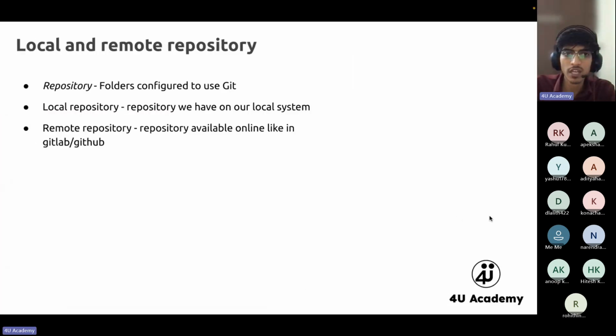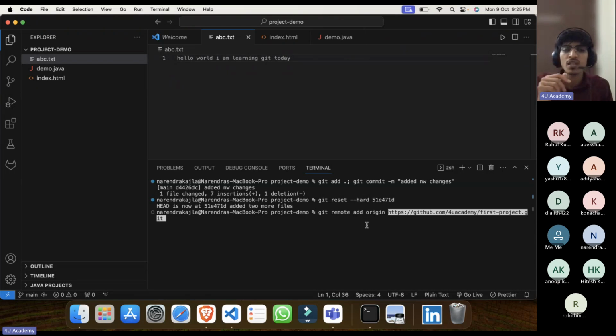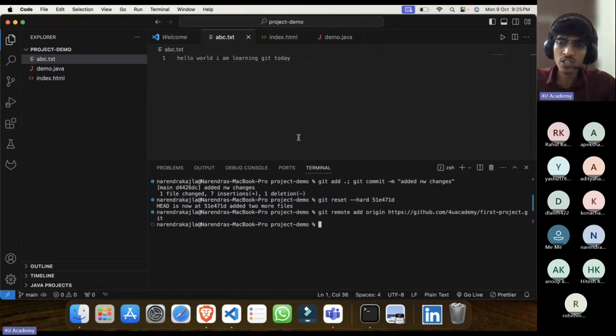So now my system wants to connect to the remote, right? So for that we have a command. We need to connect it. We have a command called git remote add origin. I'll explain this and then paste that URL. So what is this git remote add origin? See, git is simple. Remote means I want to add a remote repository. Add means I want to add it. And origin is the name. You can give any other name also, but try to use origin because this is the standard coding convention. Then paste that URL. So git remote add origin will connect your local repository to the remote.